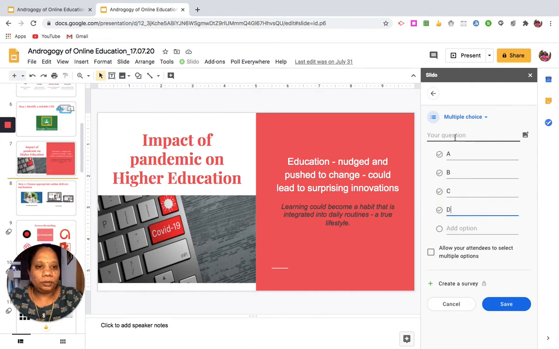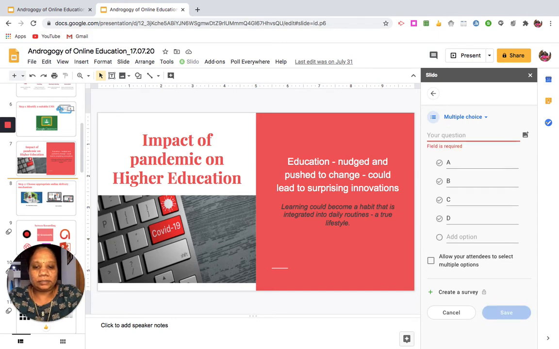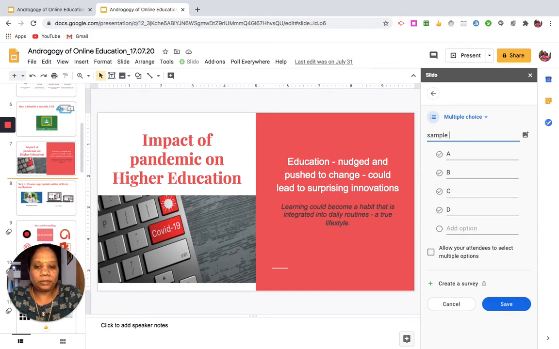And then you add a question, okay. I'm just not typing any question, I'm just putting it as a sample question. Okay, so you can type in a question, and you can also add an image as a question. So based on the image, you can ask some options. You can also add more than 4 options if necessary, and please click on whichever option is correct. Okay, just click the tick mark which is next to it.